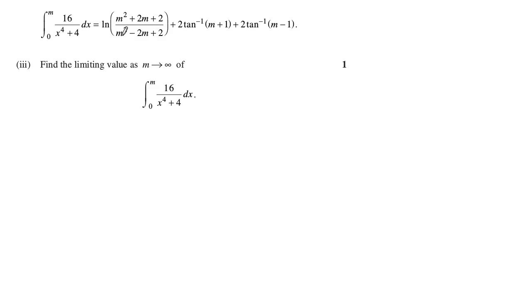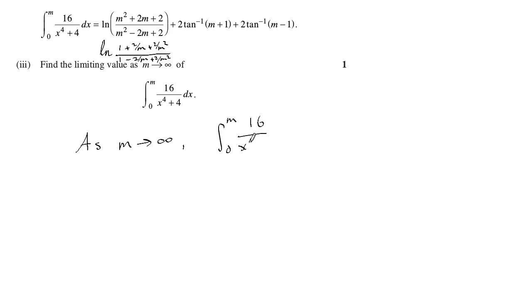But the way that they teach it in New South Wales is that we divide top and bottom by m squared. So you've got 1 plus 2 on m plus 2 on m squared. And then these become 0 as m tends to infinity, so you get ln of 1 on 1. But it doesn't really matter too much with this one. It's only a 1-mark question. You don't have to show a lot of working. So, however you want to think about it,